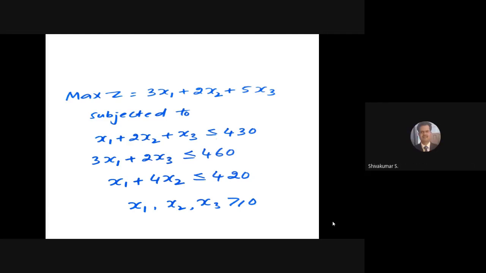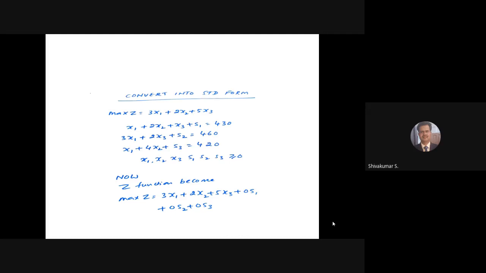Okay, done, good. Now you have these inequalities. You have to convert these inequalities into equal signs by using some variables. So you have to convert into standard form. You have to make the inequalities into equal signs. For all the less than sign constraints, remember, you are going to introduce slack variables, that is S1, S2, S3. If you have only 2 equations, S1, S2; if you have 3 equations, S1, S2, S3; if 4 equations, S1, S2, S3, S4.